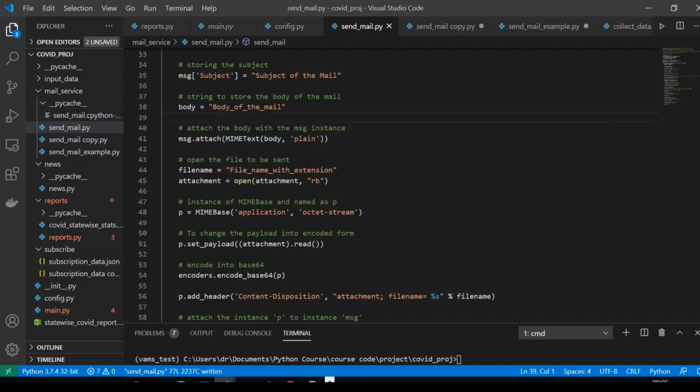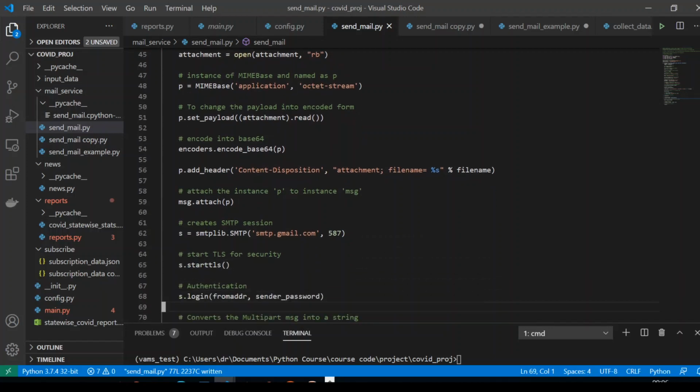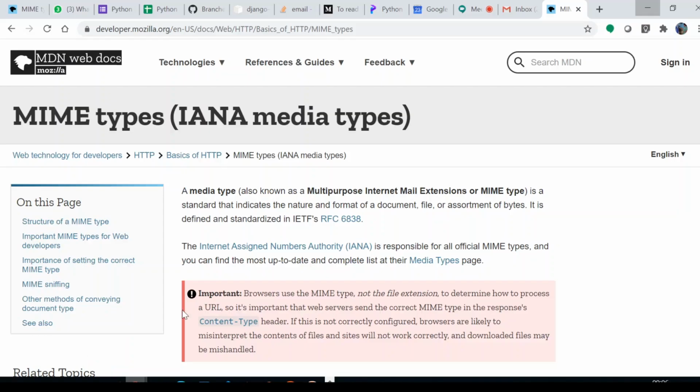We have to change this. We'll change that, and then we have a file name. We'll change this as well. Then we have an object. The reason that we are using octet stream is because of the protocol. You can send application, and also you can tell what type of attachment it is. You can replace this by something like a document.